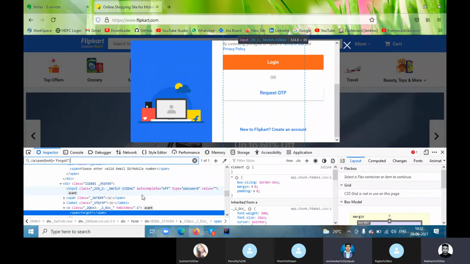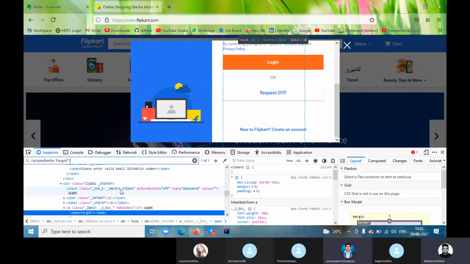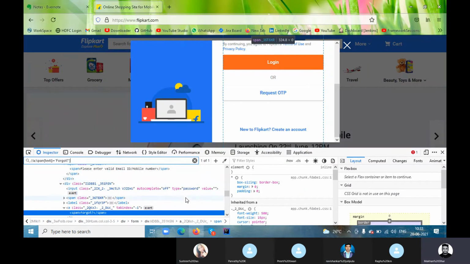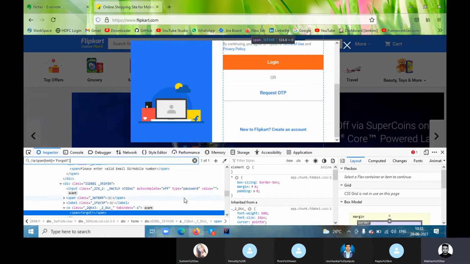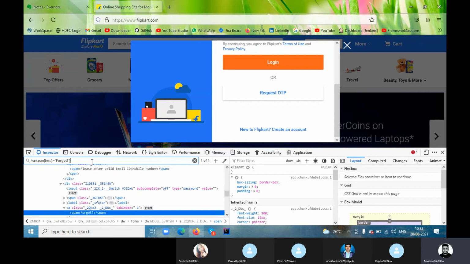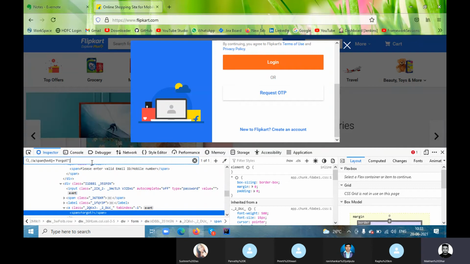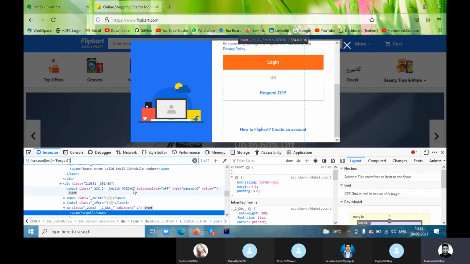what sometimes happens is they make changes on the HTML page, and it impacts your XPath or your locator. Some changes they made on the class, maybe a single dot or something.